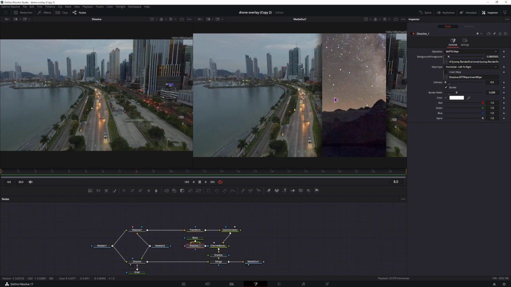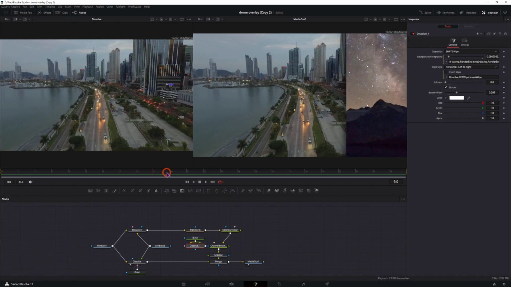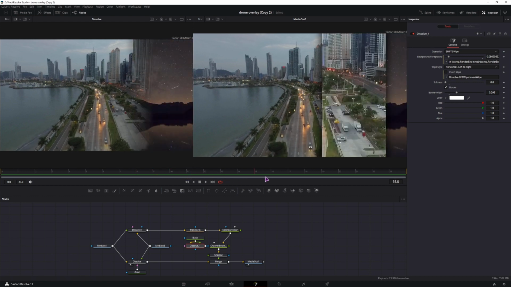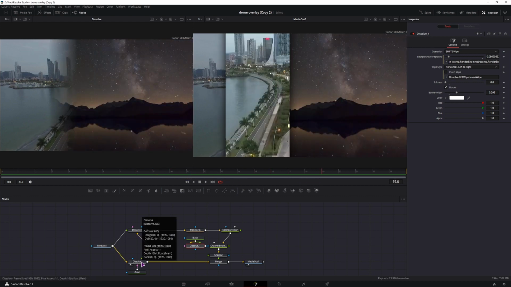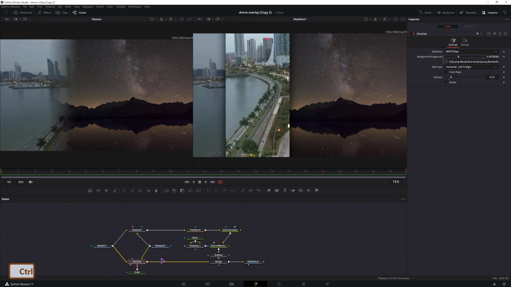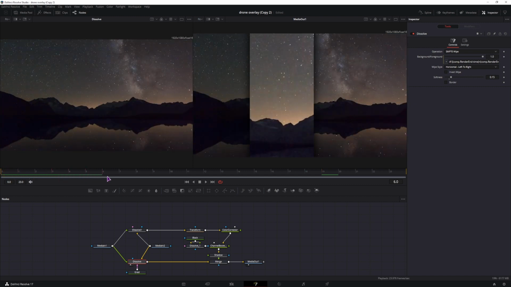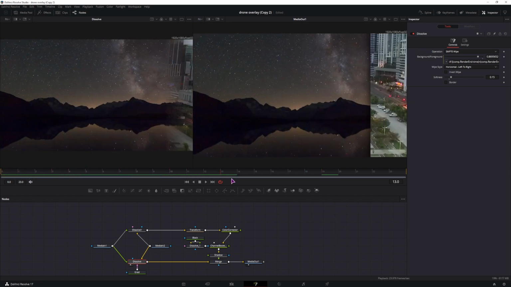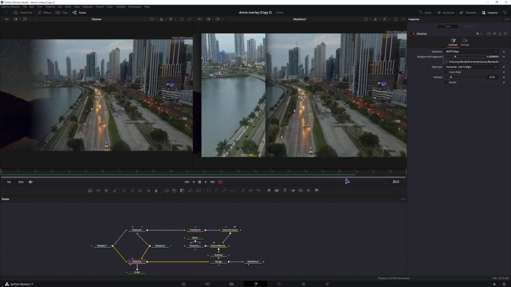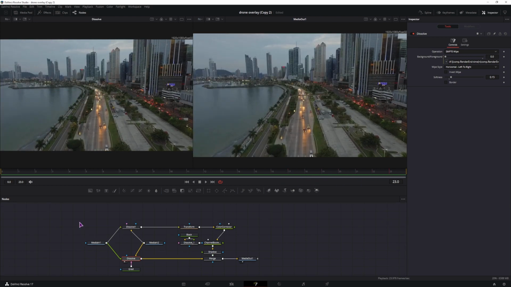Well, the issue is we don't have the same clip as the one below. And to fix that, we'll simply click on this dissolve and Ctrl T to switch between the inputs. Now we should get what we want. Perfect. So this transition is done, and admittedly it was more technical with all the expressions, and now for the